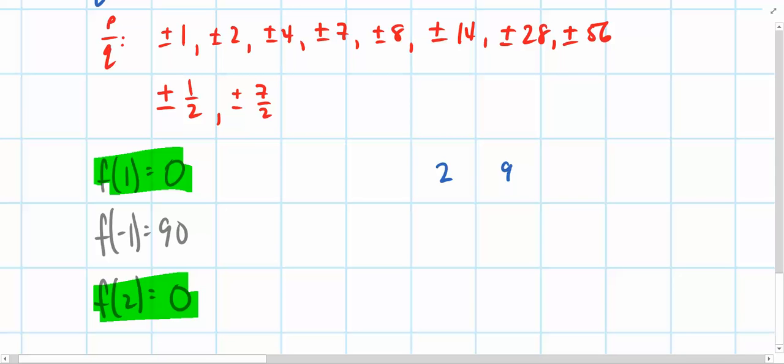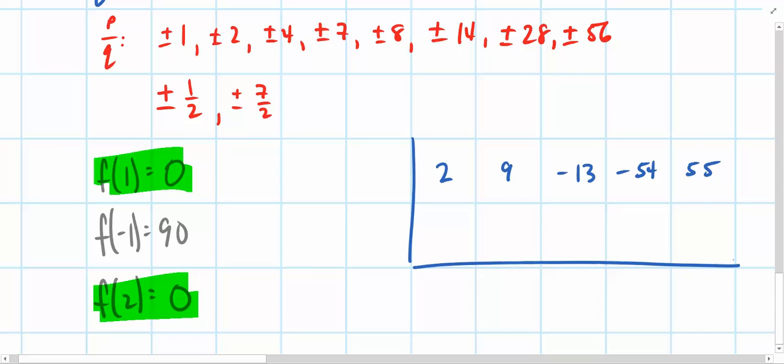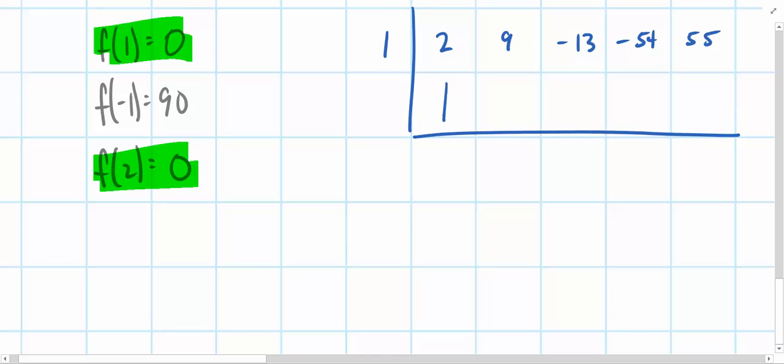So 2, 9, -13, -54, and +55. With those coefficients, I am going to divide by the 0 at x equals 1 first. So let's go ahead and do this. We'll bring the 2 down, multiply, add, multiply, add those two, multiply again,